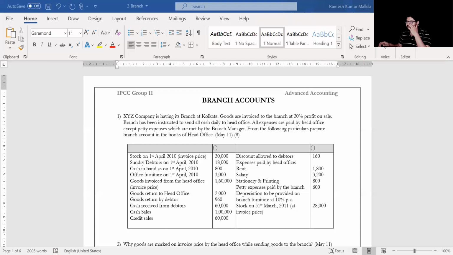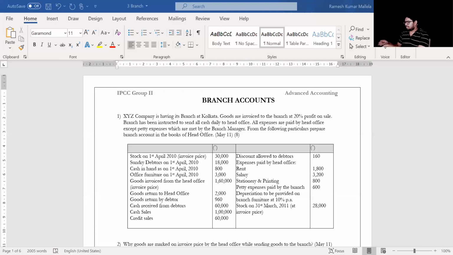What would we start with? If you observe in the question, he has told you about opening balances. He has also told you about closing balances. We are supposed to start with opening balances because we will consider the branch as if a debtor. In the branch, I have invested some stock. I have some debtors which are supposed to be collected. I have some expenses incurred. There is some cash maintained by the branch. There are some assets held by the branch. So all these are nothing but my opening balances. Let us start with those.